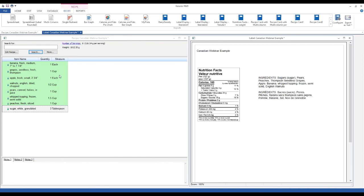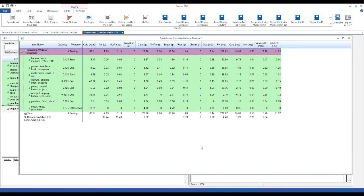The next thing that we'll take a look at is some of our reports. We have the spreadsheet report, which, as our nutrition team always likes to point out, is by far the most important report that we'll look at for your formulation. As you're looking at it, you can take a look at the vitamin A, RAE, and RE values. If you switch over your label from 2003 to 2016, and you notice that maybe your vitamin A dropped from a 50% area into a very low area and doesn't seem right,